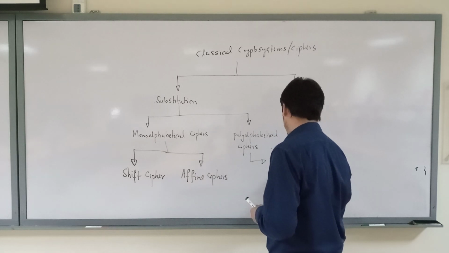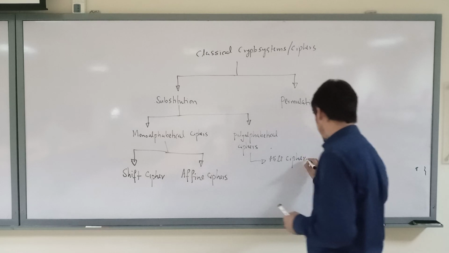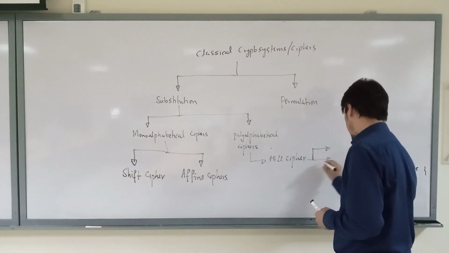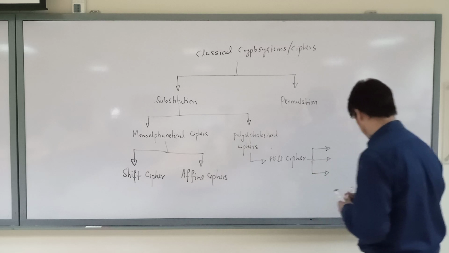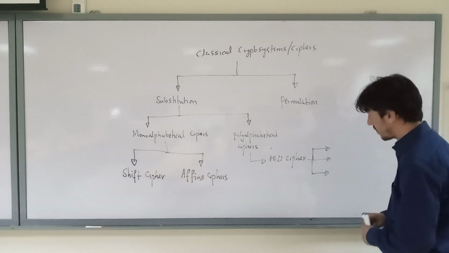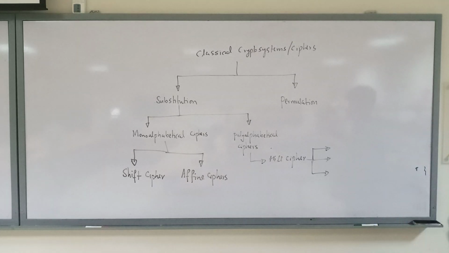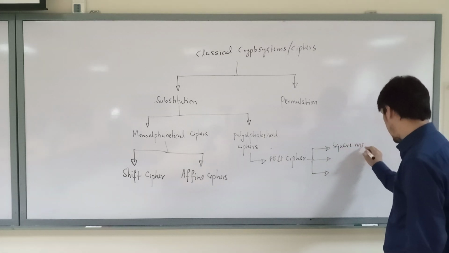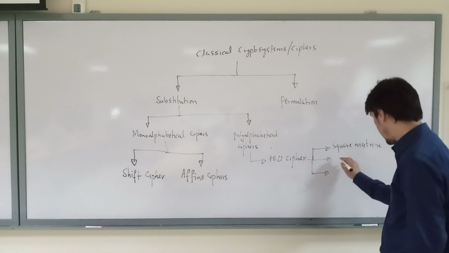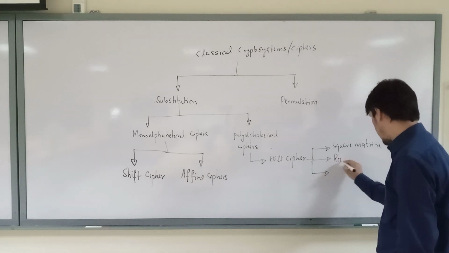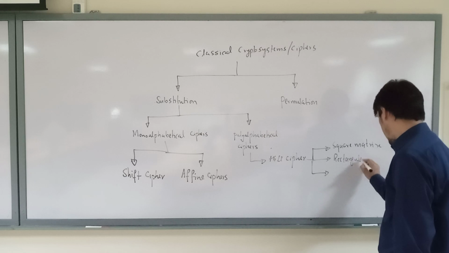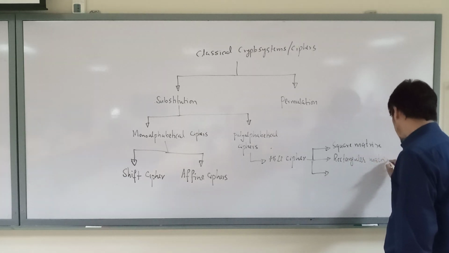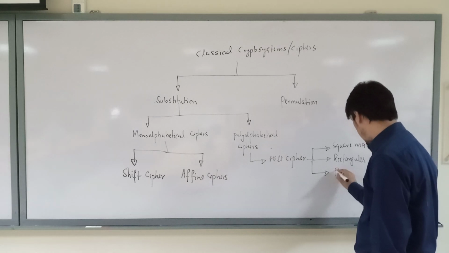Cipher, and it's different, that is based on square matrix, then it's based on rectangular, or then permutation,